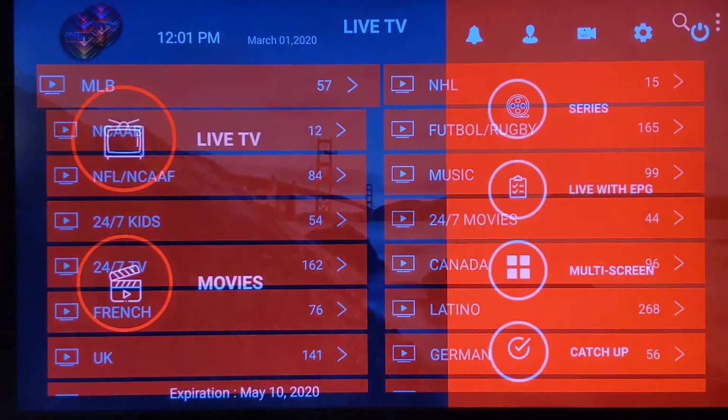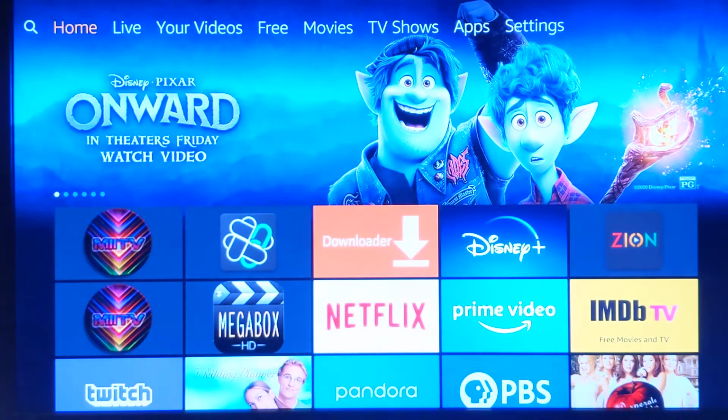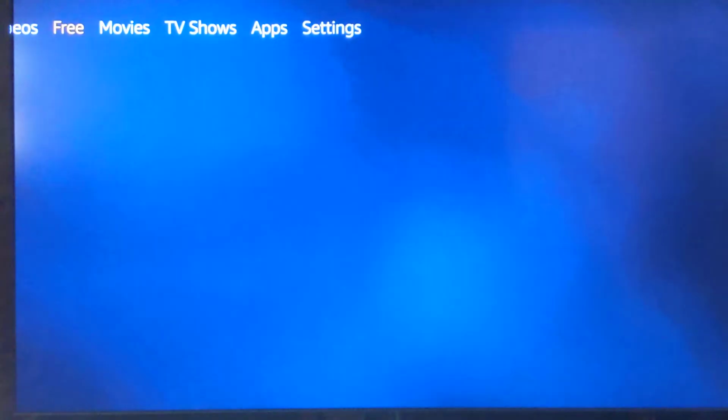Now if you ever forget your password and you can't get back in and you need to, the only way to reset it is to basically clear the data on the app through the Fire Stick. And that's going to wipe out all your favorites and all your saved info, and it's basically like you starting over. To do that, you'll just go to the home screen, you'll scroll over to settings,